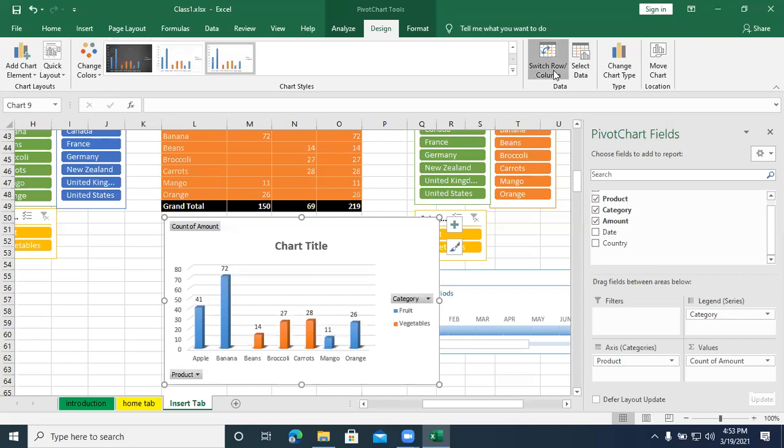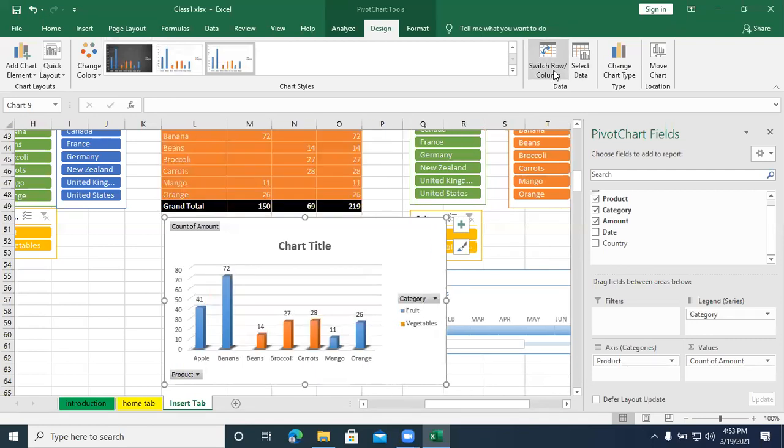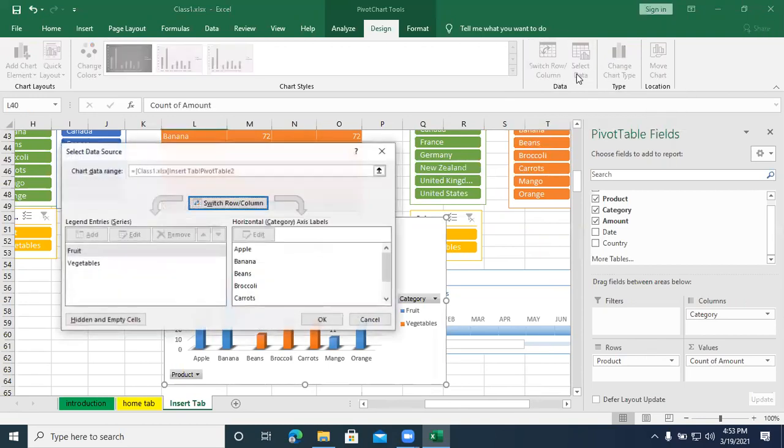You can switch from row to column and column to row. Instead of this, select data: if you want to choose another data, then you have to go for select data. Instead of this existing data, you can choose your own new data.